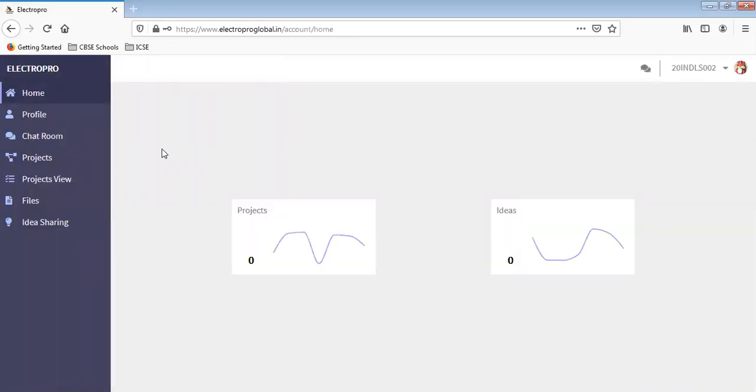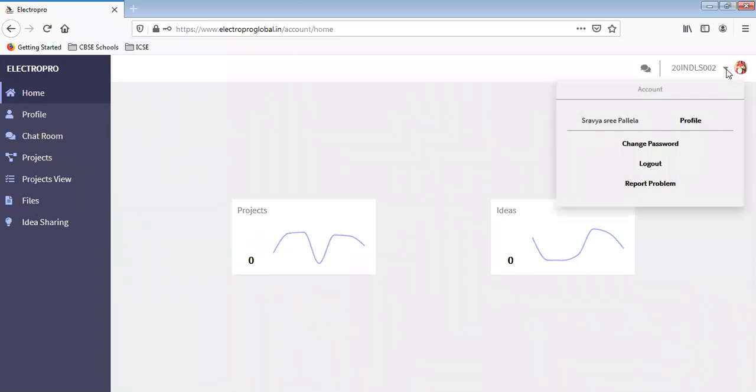As soon as you enter, the dashboard opens. The opening screen will be like this, with project ideas, and on the side you have listings. So this is your account. I have created an account for Savyasri. Here you can change your password.